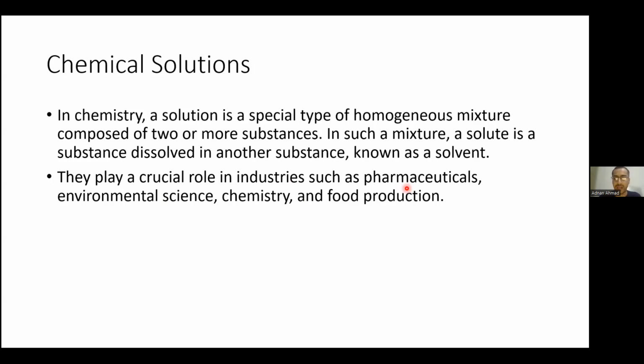We take aspirin when we get a headache, or paracetamol when our body is aching, right? Antibiotics when we get infections, or vaccines. So solutions are very important. So environmental science solutions are created. In chemistry, different types of solutions are created, and for food production, we need a better understanding of solutions,